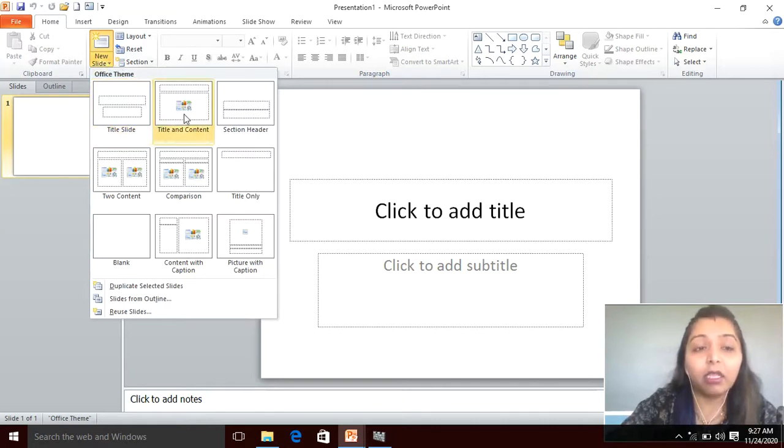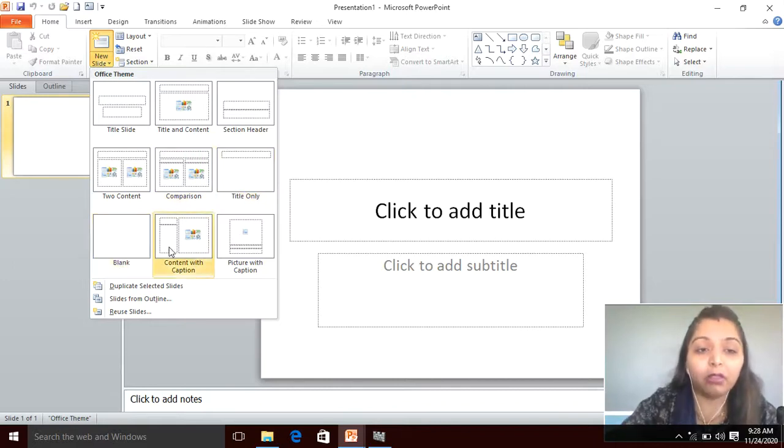Okay, title slide, title and content means we put our title first and then we also put our content. Then section header, only the heading section. Then two content means when we want to show two contents in front of each other. Then comparison, like when we want to compare two things like in difference or comparisons, we use this slide. And this is used only for the title. When we want only the heading part, like chapter number 5 or chapter number 6, we use this slide.